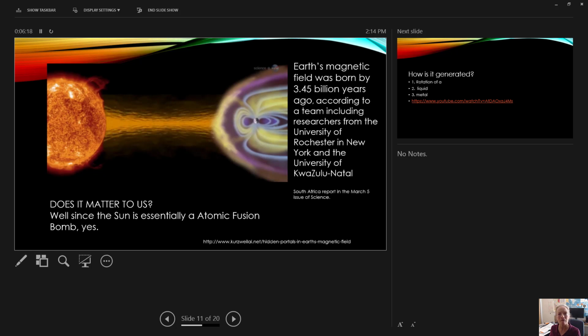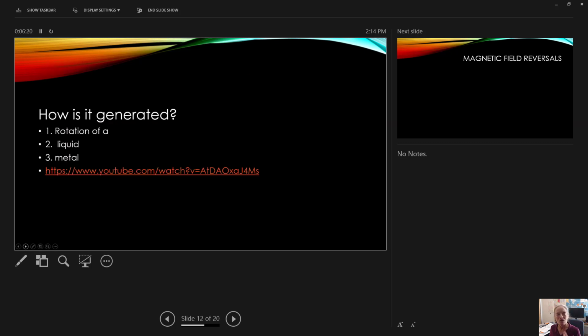So how do you make a magnetic field? You need three things. You need metal that is liquid and rotating. If you have liquid rotating metal in the center of your planet, it'll create a force field, an electromagnetic force field. Actually, it's the same principle that they use to make alternators in your car. It's a spinning coil of wire in that case, and it